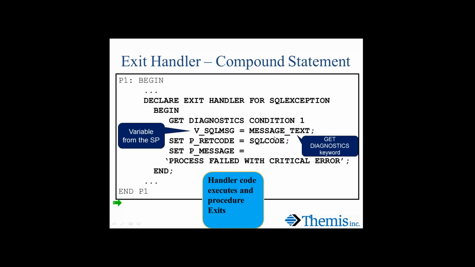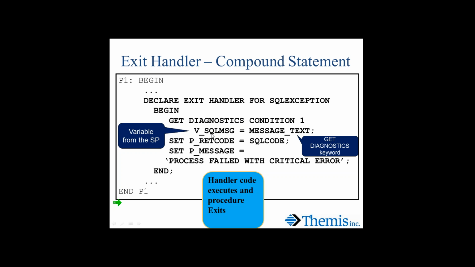Now, exit handlers. You're going to want to make sure with the GET DIAGNOSTICS, for example, I have an exit handler for an SQL exception. That's for any negative SQL code. We're going to do the logic between the begin and the end statement. And here we're going to get the diagnostics. We're going to retrieve the message text and move it into the variable that we defined in the stored procedure